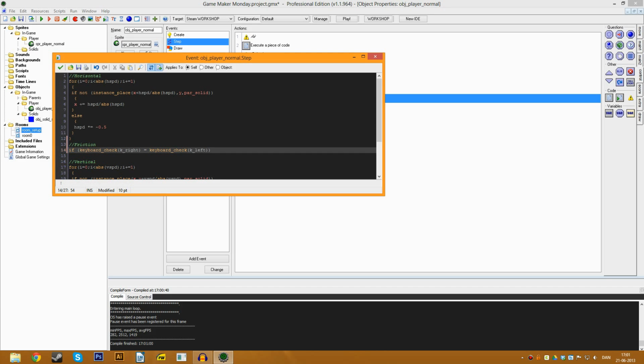So if both keys are pressed and when the horizontal speed is not 0, then